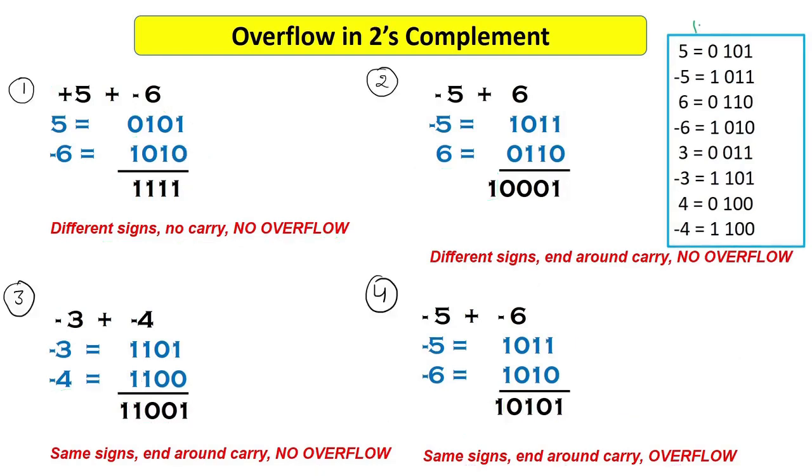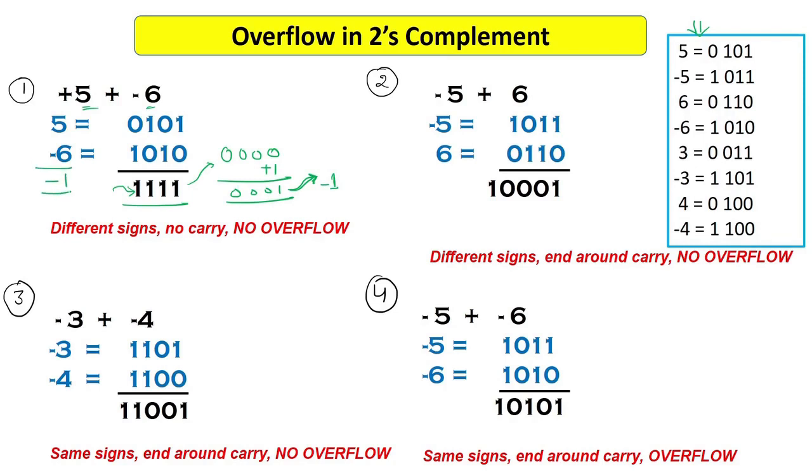So here we have represented every number in 2's complement representation and we have taken the same example. So let's see. So here we have first added 5 and -6. So I have represented 5 and -6 in 2's complement representation, and when I added, I got this all ones, okay. Now this one is actually showing me that it is a negative answer. So in 2's complement, first I have to flip them, okay, and then I have to add one also, okay, to get the answer. So this will be all 0, 1, okay. So here you can see this will give me the magnitude 1 and the answer was -1, okay.